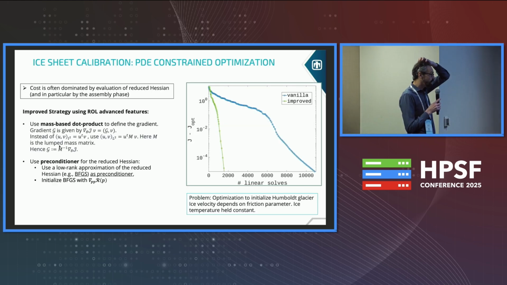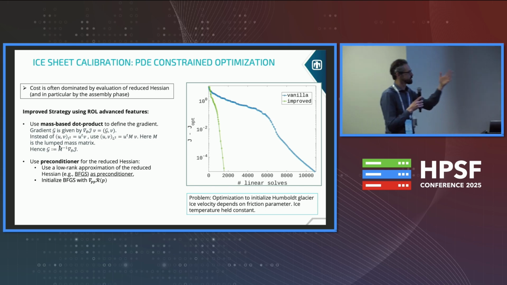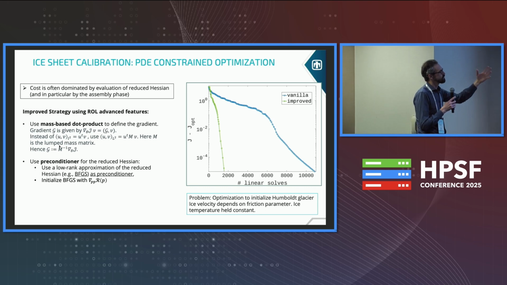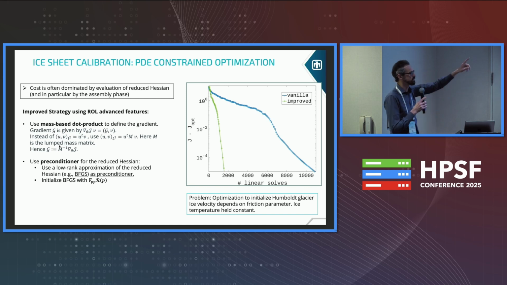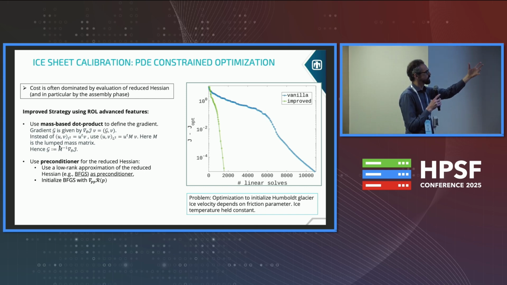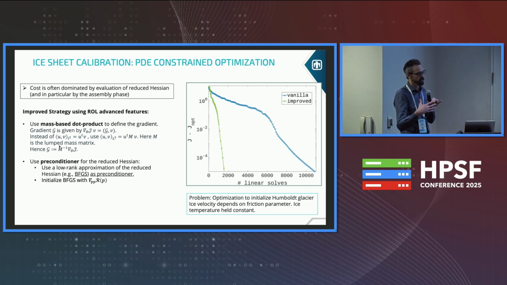So another thing that is nice about the ROL, the Rapid Optimization Library, is that it allows for several customization and advanced features. In this case, for example, we're not really excited about the convergence of this trust region optimization method. So we tried a couple of things. In particular, one possibility, instead of using a Euclidean inner product to define your derivative,